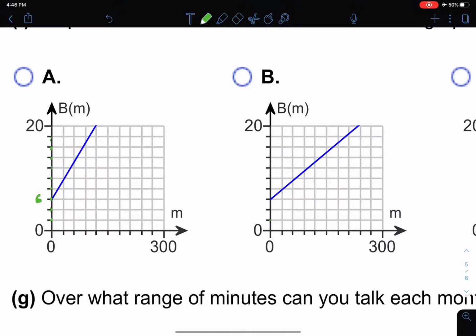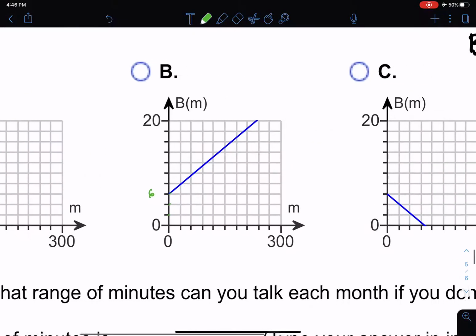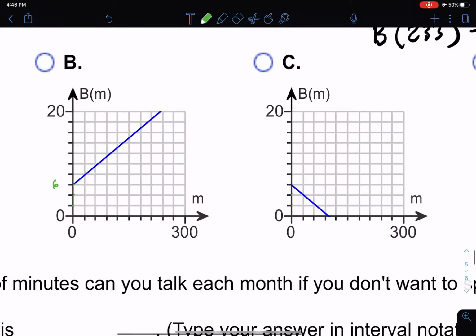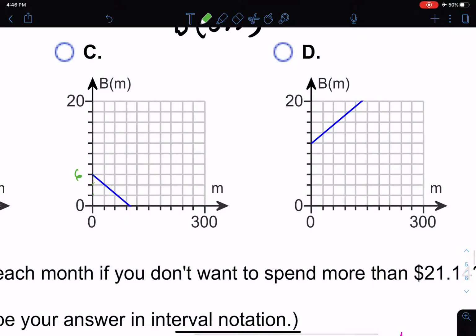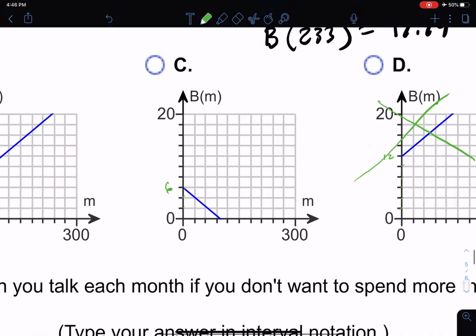And this is also 2, 4, 6. That's also 6. That's very close to the y-intercept of $5.96. 2, 4, 6. That's also $6. So that's close. Excuse me. 2, 4, 6, 8, 10, 12. That is close to 12. That is definitely not going to be our graph, because our graph has to be crossing at something close to